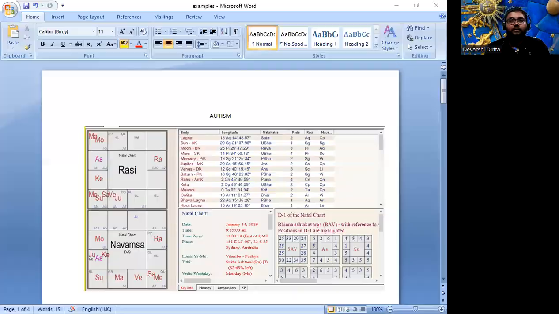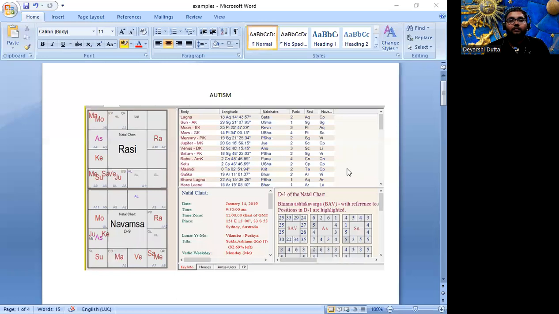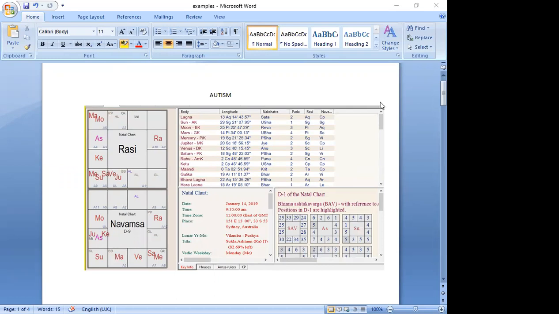Okay, let me share my screen. Okay, so this is the chart that we will be referring to for autism. Okay, ma'am, I think you can see the screen. Yeah. Okay. I'll just open my computer and Yeah. The screen is just for the for the convenience of our audience. You can use your machine for for reading for making the analysis. This